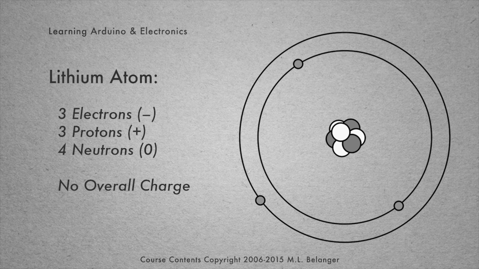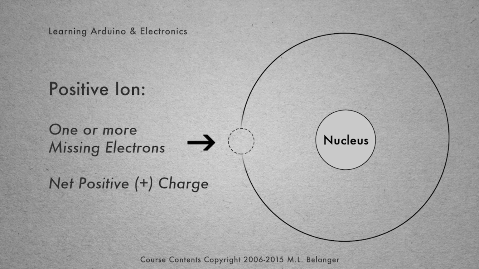Here's a diagram of a lithium atom with 3 protons and 4 neutrons in the nucleus, and 3 electrons orbiting around the nucleus. Because there are an equal number of positive protons and negative electrons, the atom has no overall electrical charge. Because of the way electrons configure themselves in their orbits around the nucleus, it's possible in most elements